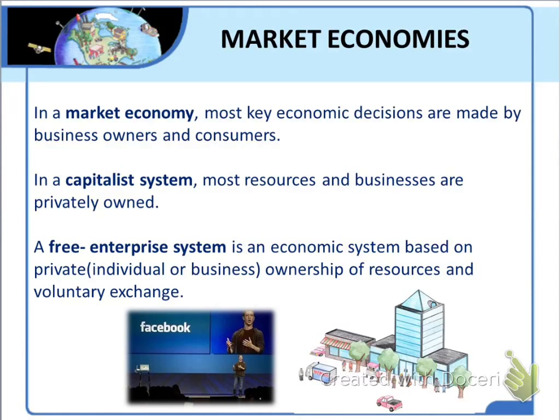The United States is a primary example of a country with a market economy. Other countries with successful market economies include Canada, England, France, Germany, Japan, and Singapore. As discussed later in this module, most market economies contain elements of other economic systems as well, so the label market economy applies whenever private ownership and voluntary exchange play a major role.